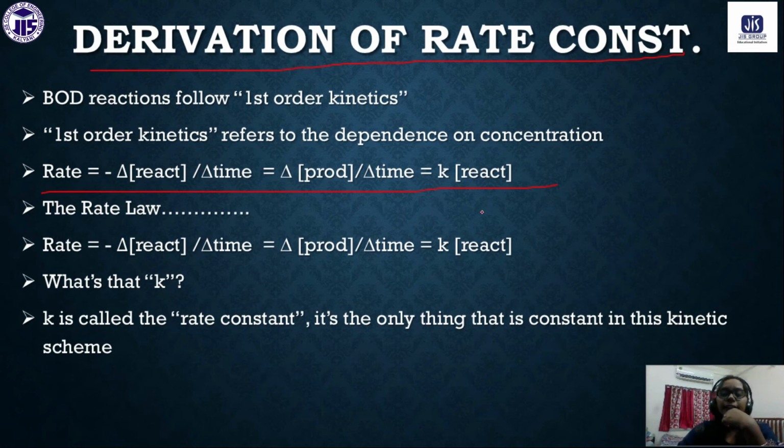These are all topics we have read in the chapter on kinetics. So according to the kinetics chapter, we know that the rate of a reaction we can find out by the